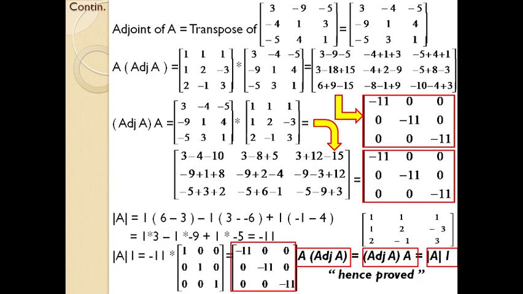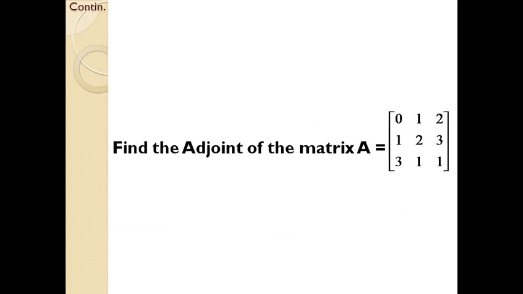Previously, we have discussed a case where you needed to find the adjoint of a matrix as well as verify a certain theorem. I hope you all understand the concept. If you have any doubts, just contact me. And please try to find the answer of this question. It's a simple question. In this case, you are just asked to find the adjoint of a matrix. There is no verification or a statement you are asked to prove as we have dealt with in the previous case. Just an adjoint of a matrix.